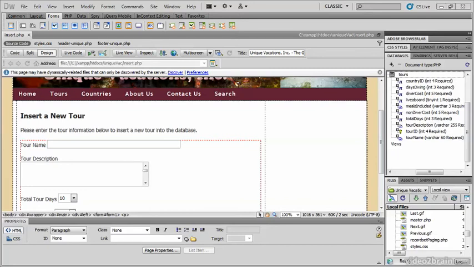We are now going to take a look at how to insert new information into the database. So far, all we've done throughout this course is pull data out. What we want to look at is inserting new data in.